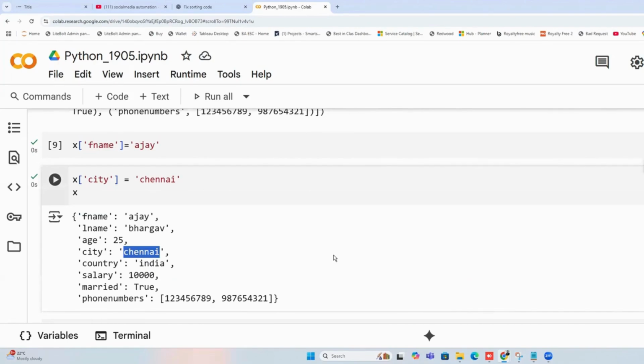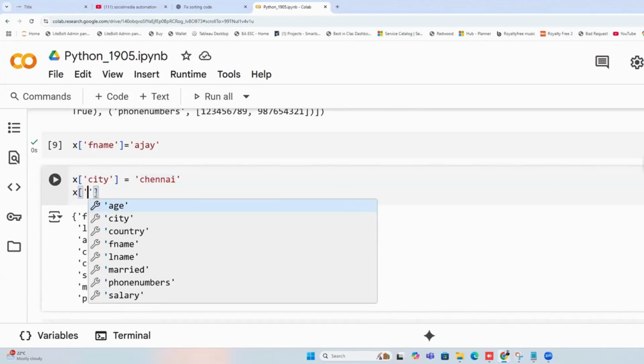Easy peasy. So if I want to change the value of something, I just have to mention the name of the key and put equal to. Okay. Now, if you see here, I have everything: city, country, salary, married, phone number. But let's say I want to add